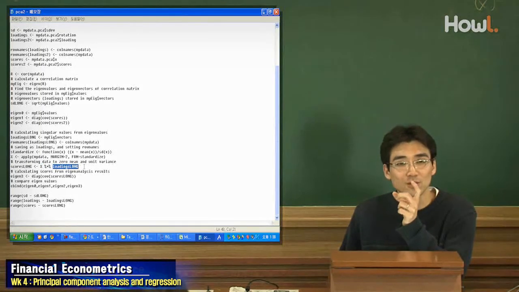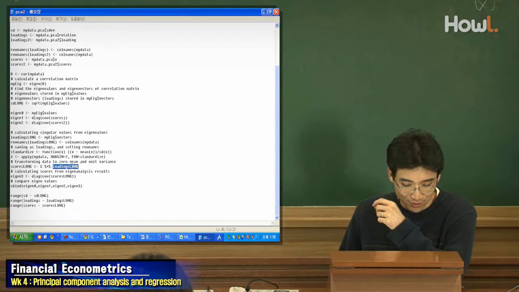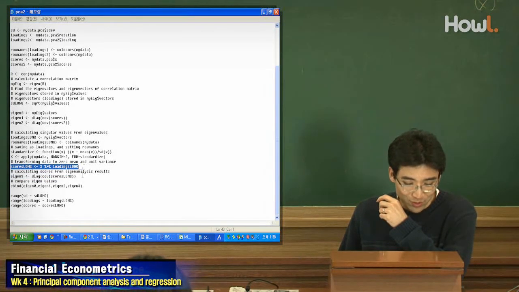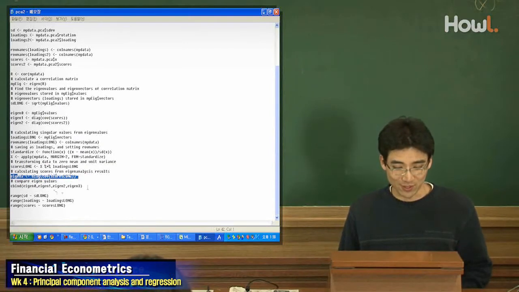So factor loading is the coefficient for each of my data. In this way, I can calculate scores and the diagonal terms of the variance of this score matrix, and these should be eigenvalues and should generate the same answer. But in reality,